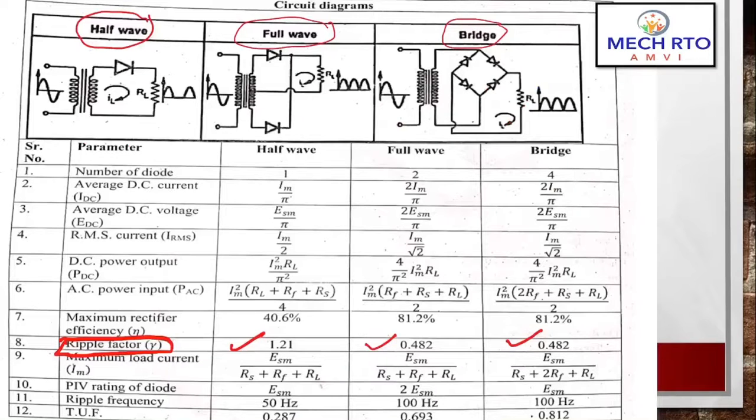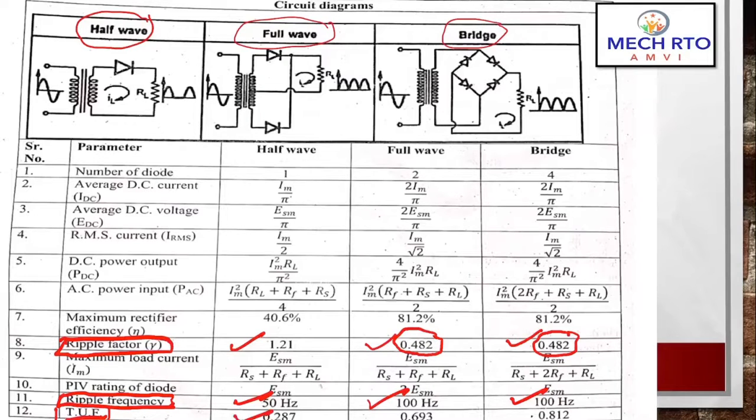So guys, remember, it can also be asked like, in a full wave rectifier what is the ripple factor? The correct answer would be 0.482, and for the bridge also it is the same, so it is easy to remember, right? There are different parameters which are very important from your RTO examination point of view. So let's see what the ripple frequency of your half wave or full wave rectifier is. For half wave rectifier the ripple frequency is 50 Hz, for full wave it is 100 Hz, for bridge it is 100 Hz, right? What is the TUF for your half wave rectifier?